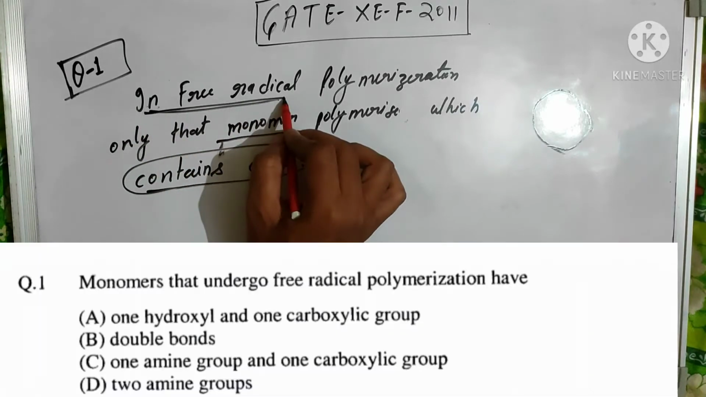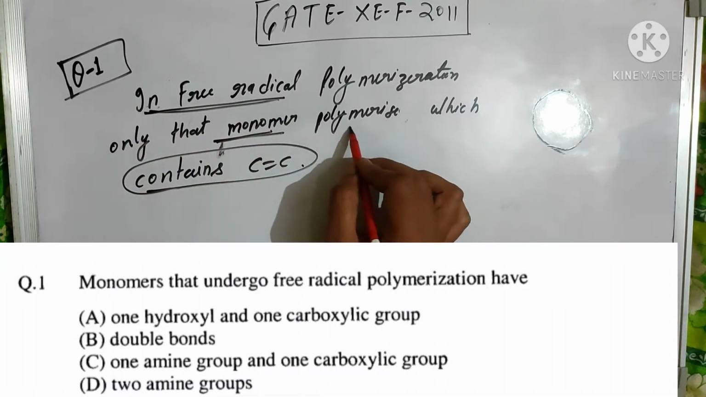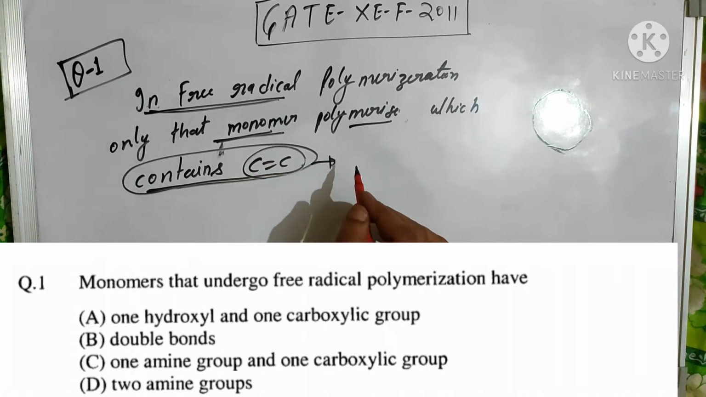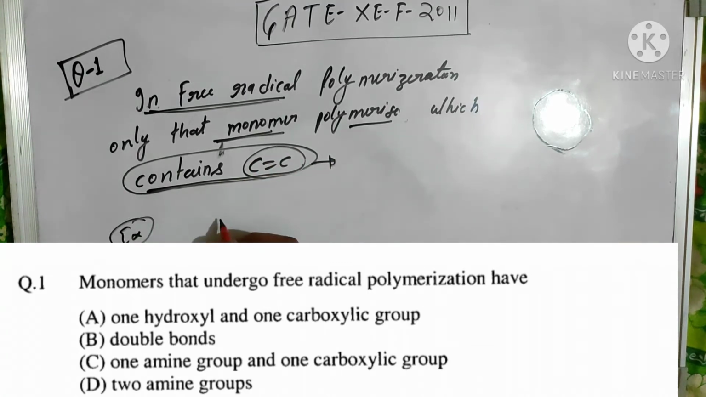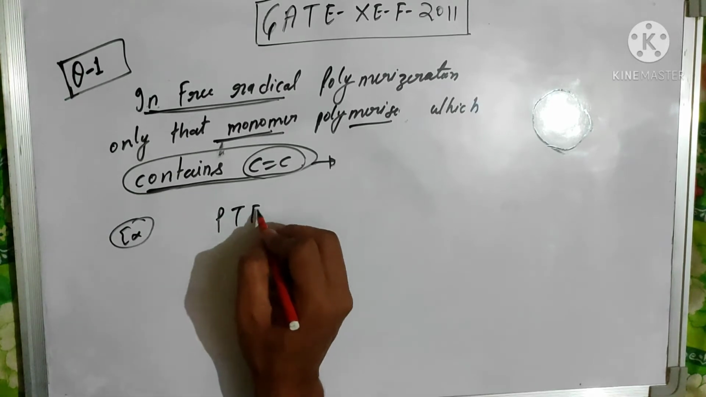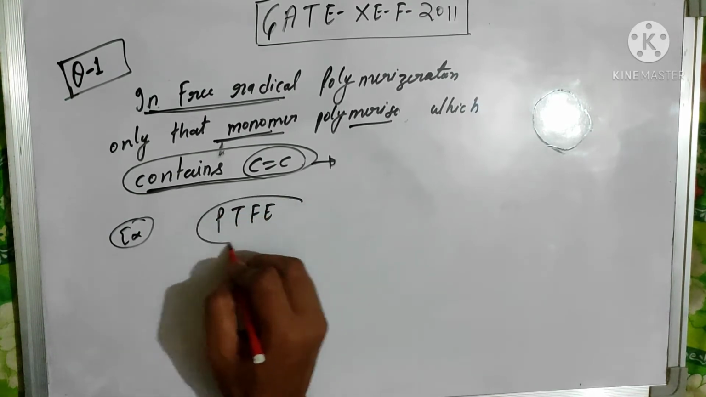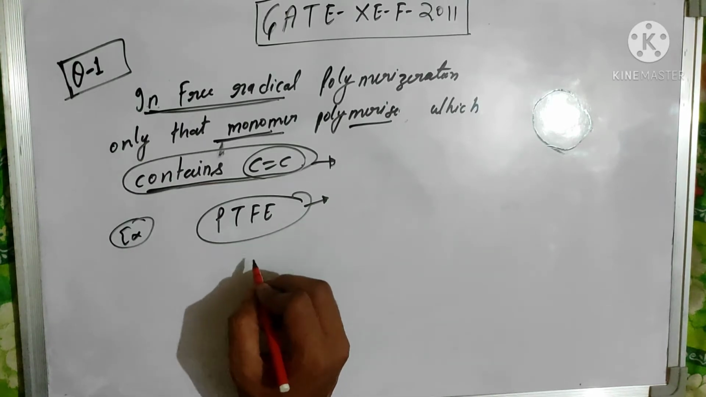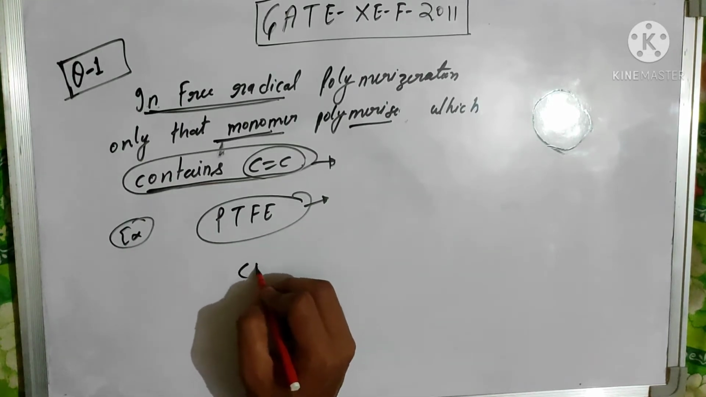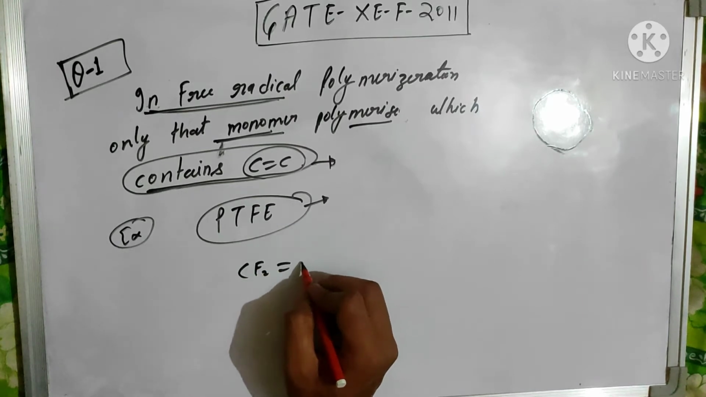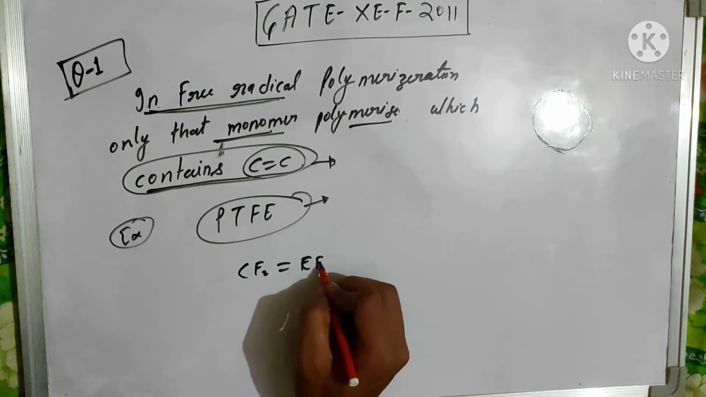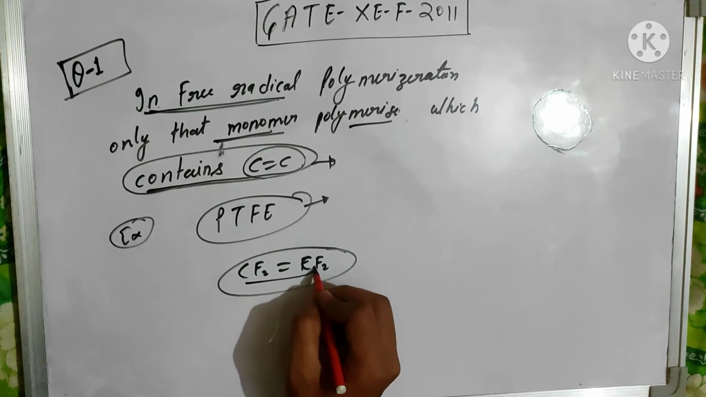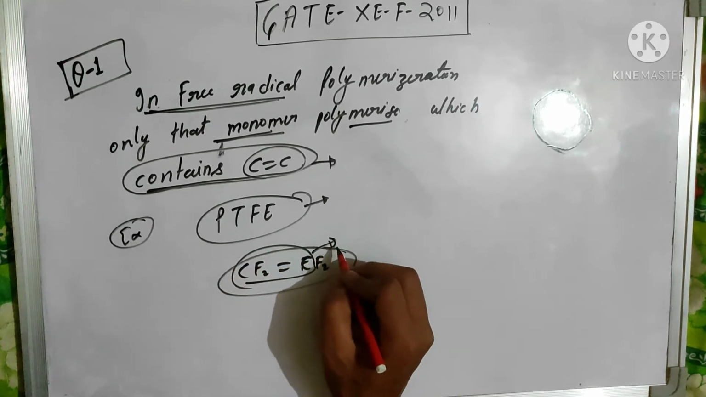In a free radical polymerization, only those monomers are polymerized which contain a carbon-carbon double bond in their repeat unit. For example, polytetrafluoroethylene is polymerized by free radical polymerization. Its monomer is tetrafluoroethylene, CF2=CF2. You can see the carbon-carbon double bond in the repeat unit. So, for example,